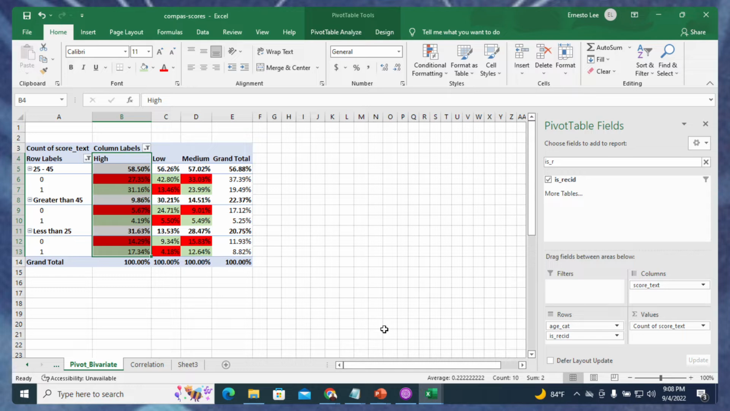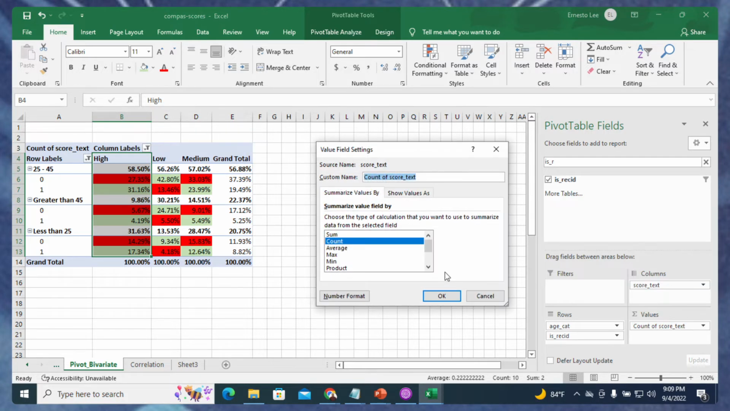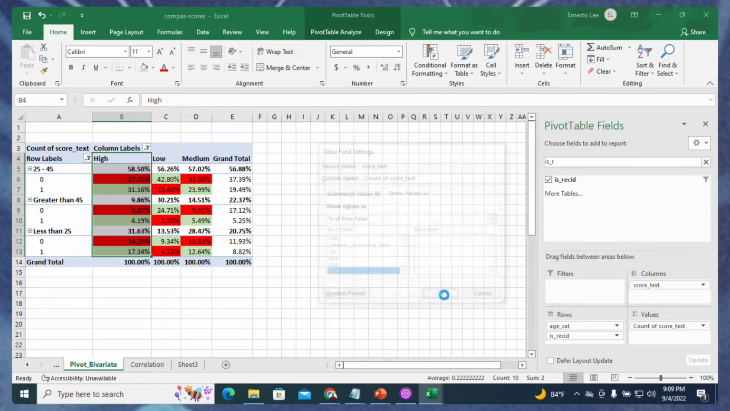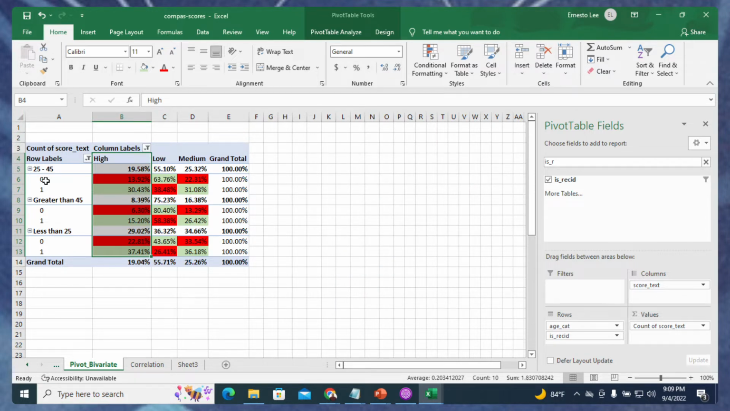Greater than 45, it was only wrong 5.67% of the time. And less than 25, it was 14.29%. Okay. That's analyzing just the highs. And if I wanted to analyze the columns, same thing. Value field settings, show value as. I might want to do this as a percent of the row total. Okay, so if I'm looking this way,